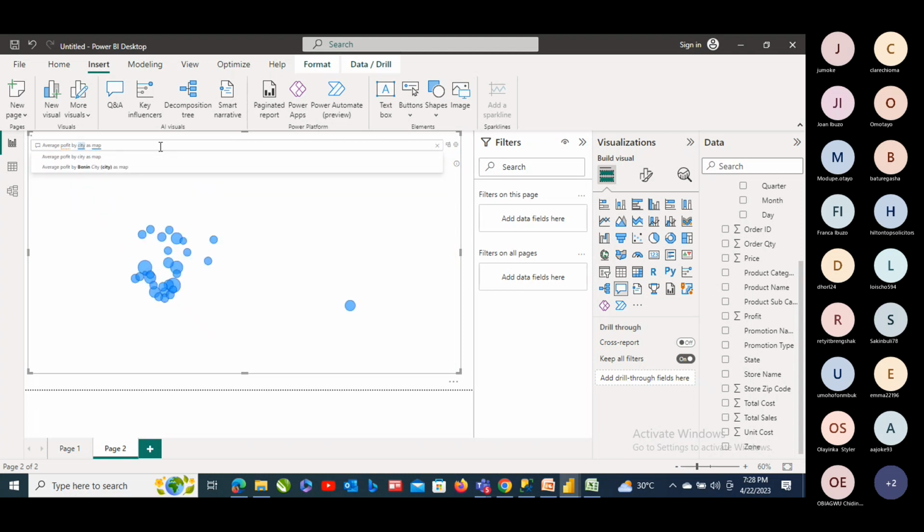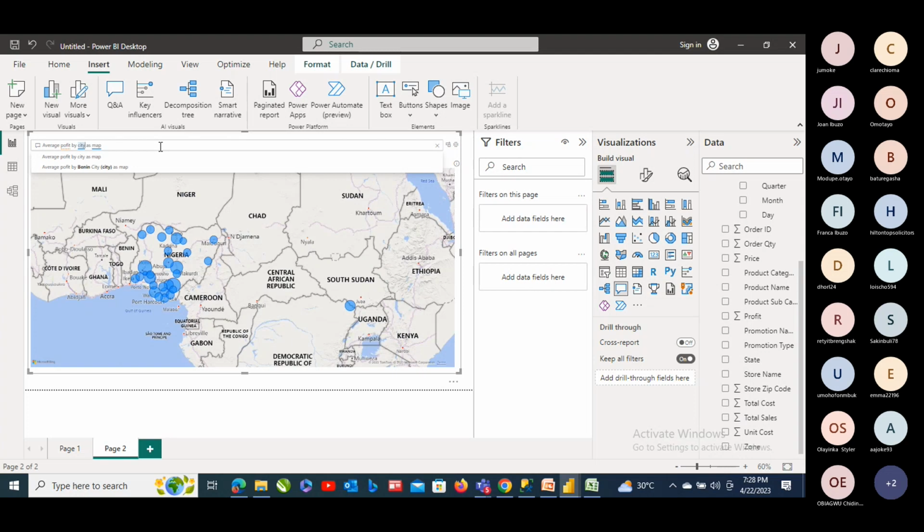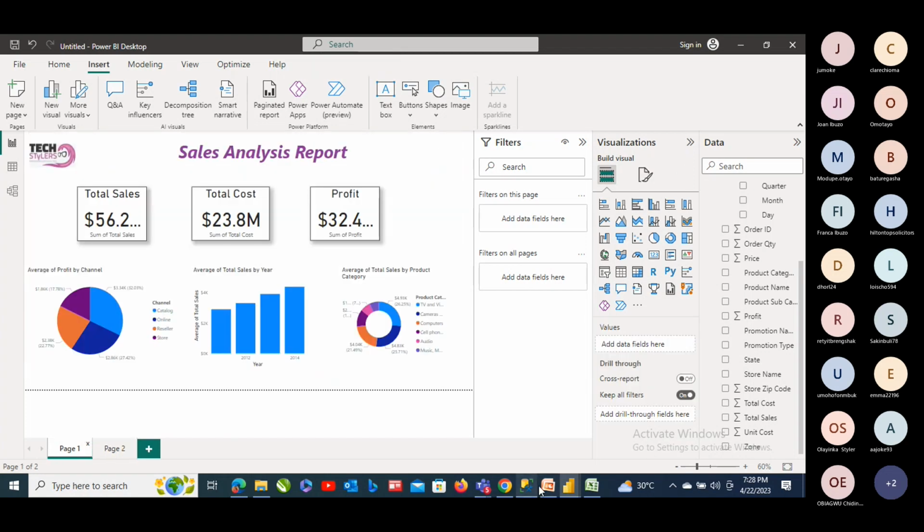City as map. Okay, so now do you have any questions before we go on? In the absence of any questions, let me just go back to